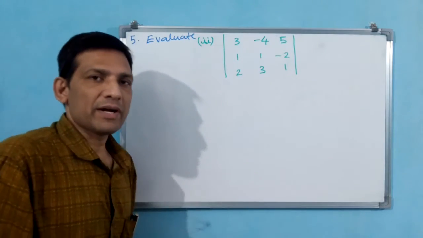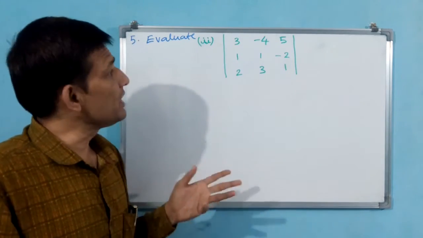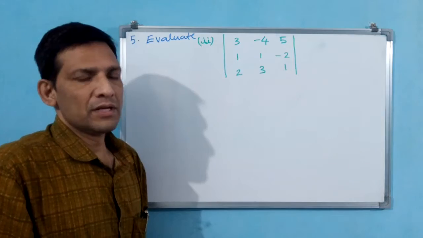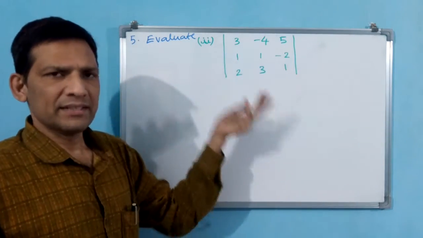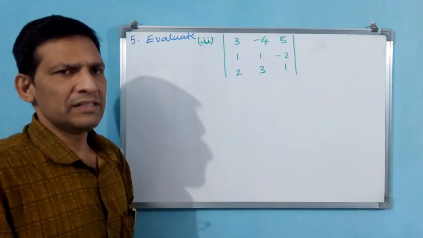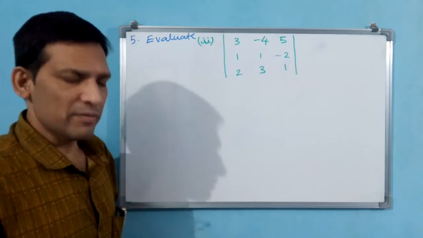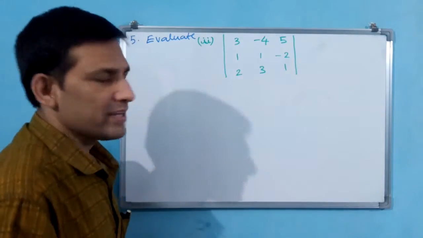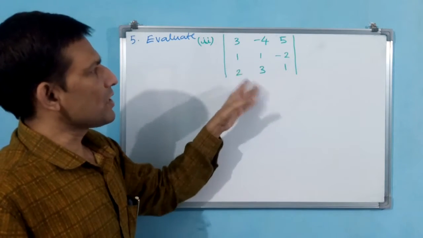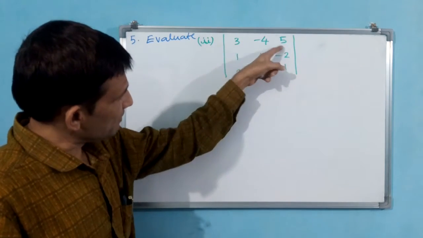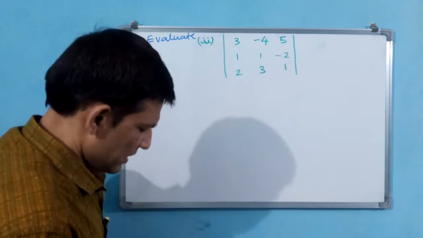Okay, see the second part of the fifth question. Evaluate the determinant. We can write delta, but here you see no zeros are there, not even a single zero. Then you can expand by R1, R2, R3, or C1, C2, C3. All are equal, and you can take anything. I will take R1. Okay, expanding by R1. Why? Because if I take R1, I know the symbols immediately: plus, minus, plus. If I take R2 or C2, then again I have to work out plus, minus, plus, minus like that. Okay? Let me expand.